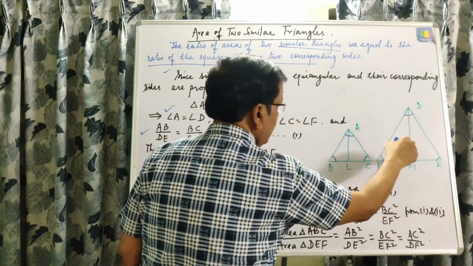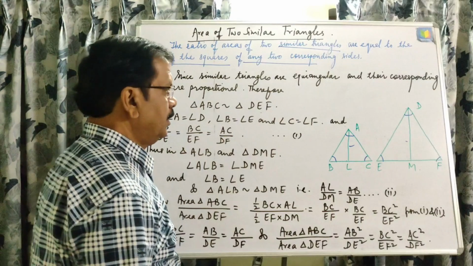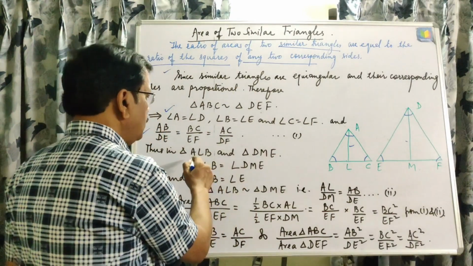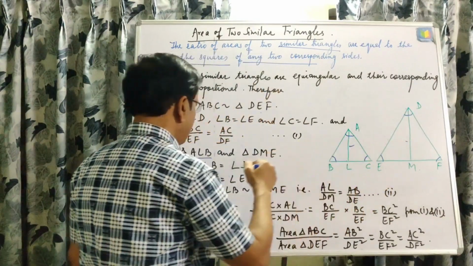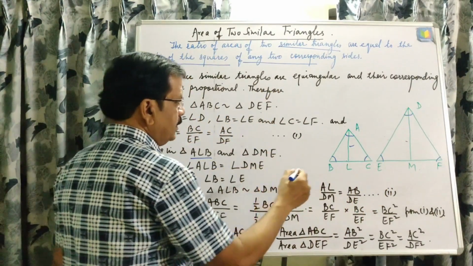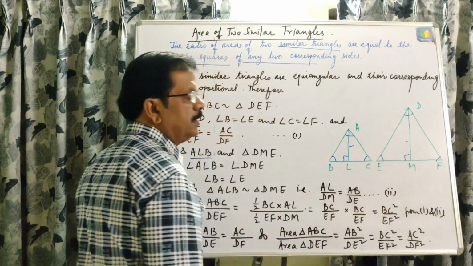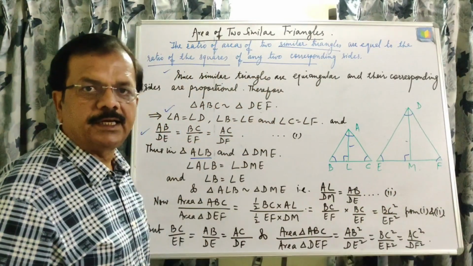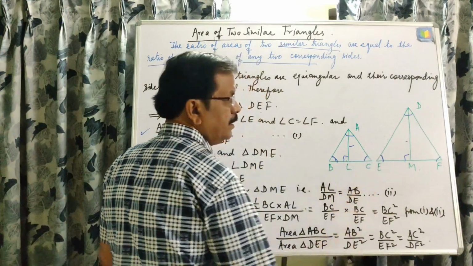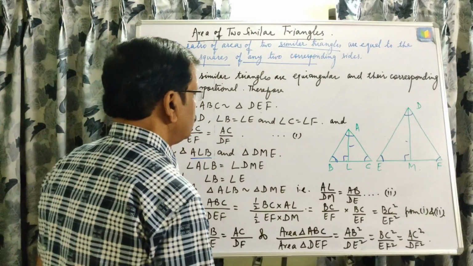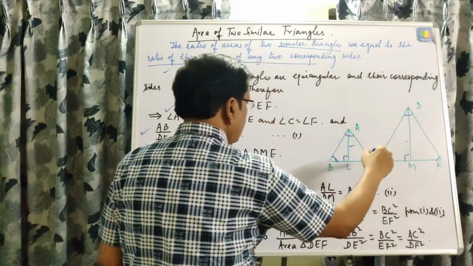Half base into height means this side will also be taken into consideration, and that is why from these two triangles ALB and DME, again we can see that these two angles are equal because both are 90 degree, and this angle is equal to this, which is given because of equiangular. So triangle ALB is similar to triangle DME,